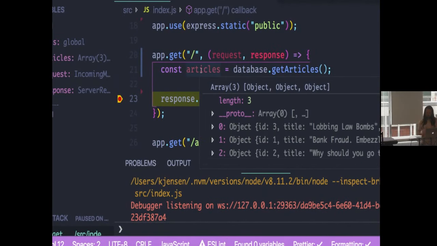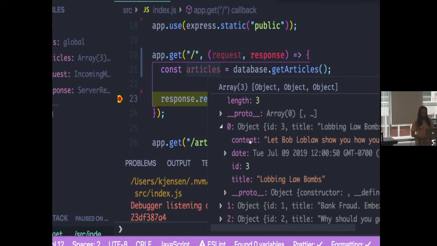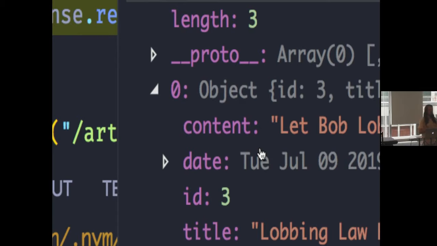Object 2 has an ID of 1, and the next has an ID of 2. Yeah, it's in a different order: 3, 1, then 2. Each object has content, a date, an ID and a title. So that matches those properties. These are our resources. This is our collection of resources now available to us in the route.